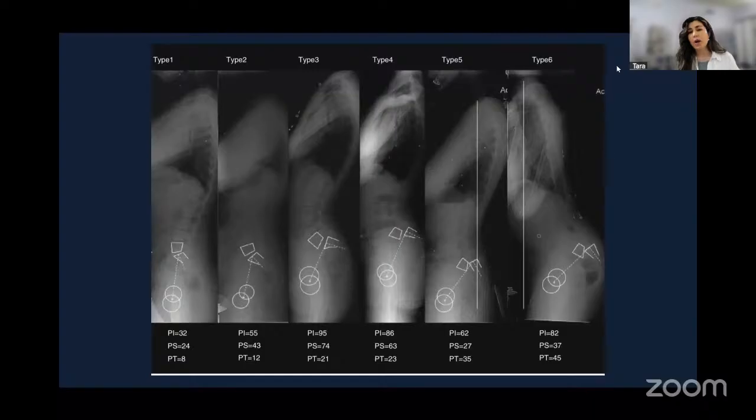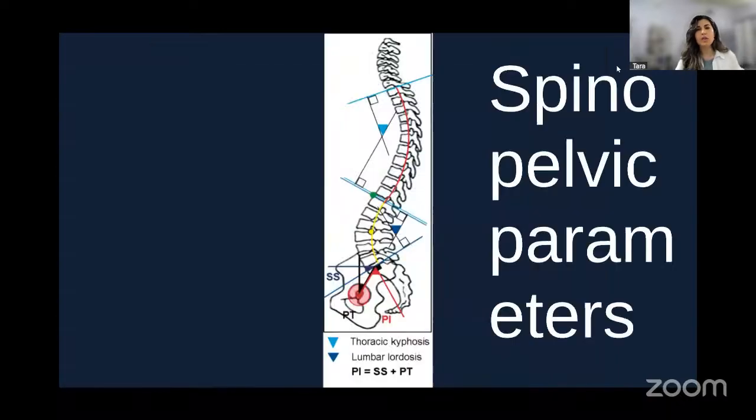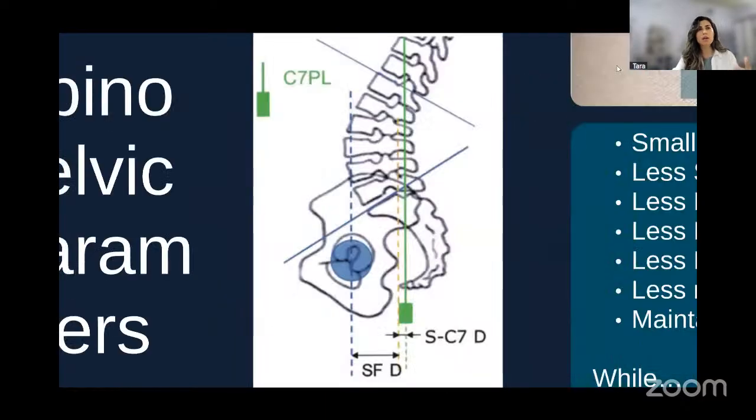Why am I mentioning all of this? Because it is important for any surgeon, when they encounter a patient with spinal pathologies, to think about and measure the spinopelvic parameters, at least including sacral slope, pelvic incidence, pelvic tilt, lumbar lordosis, and the C7 plumb line, as basic spinopelvic parameters to guide a better approach.